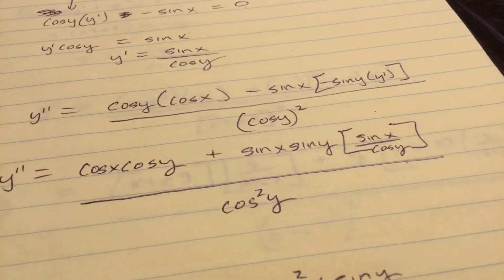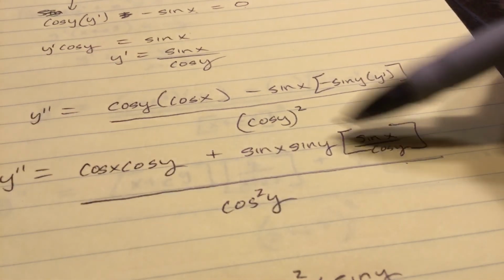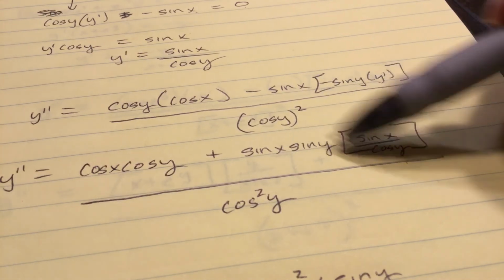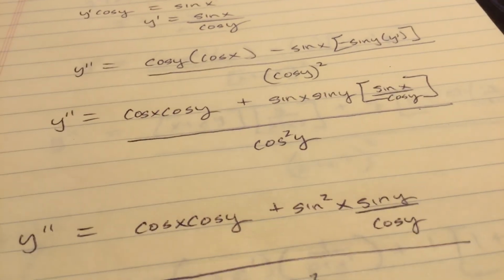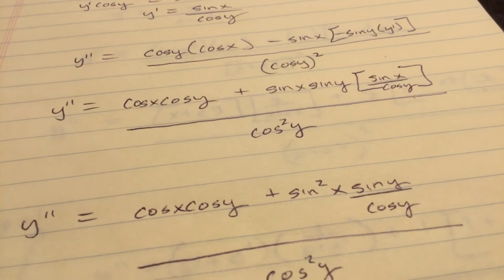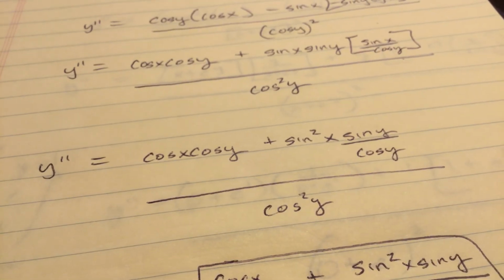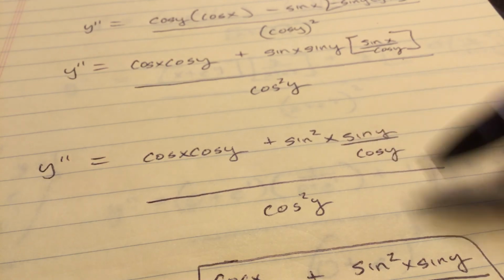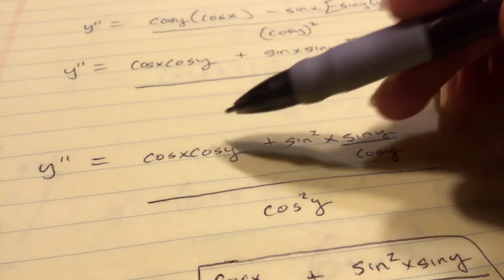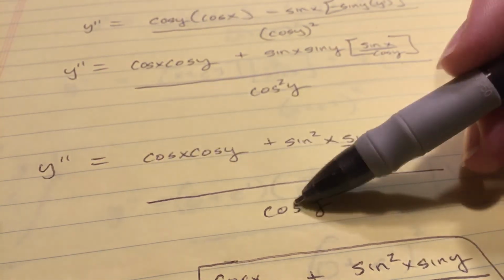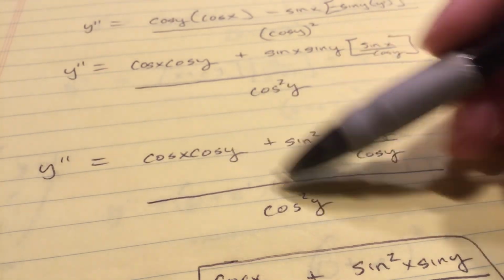All right, so here's how I simplified. This would be sine squared x. And then here I didn't really do much simplifying. Sine y over cosine y. If you wanted to write that as tangent y, there's a few different ways you can simplify. I divided everything by cosine squared y, which on this right side would now be cosine to the third y at the bottom. Here would be cosine x over cosine y, because those two, that would